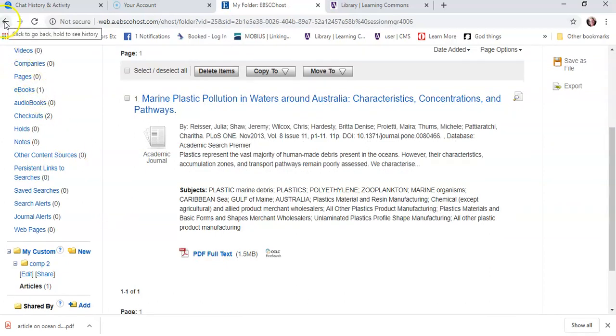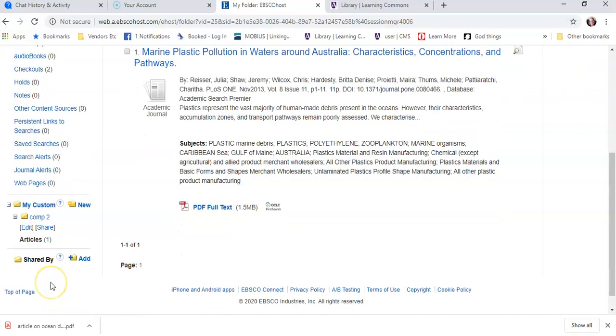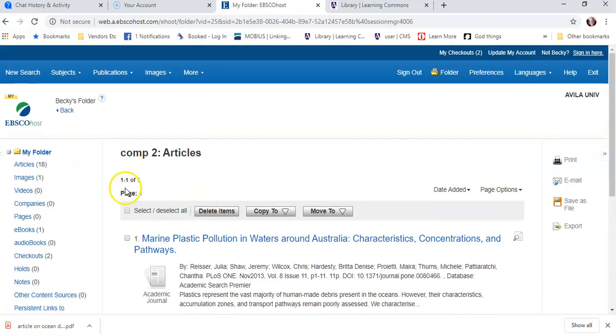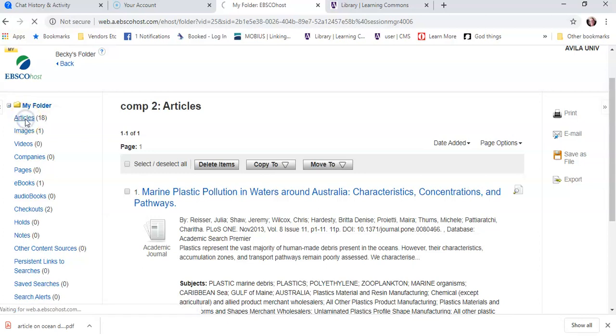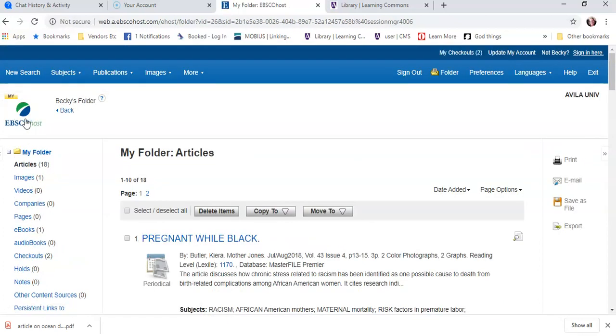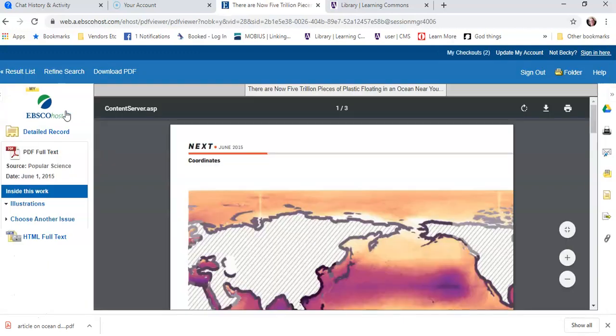So I can actually create a folder for every class that I have or a project that I'm working on, and instead of them all being here in this long list that's over here, I can put those into my folders as I go, and that makes it really easy to see. But if I'm in a hurry, or if I don't know yet whether or not this is an